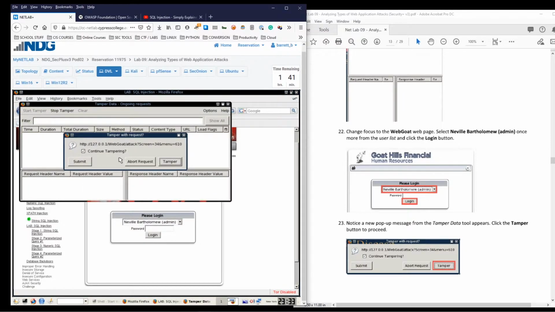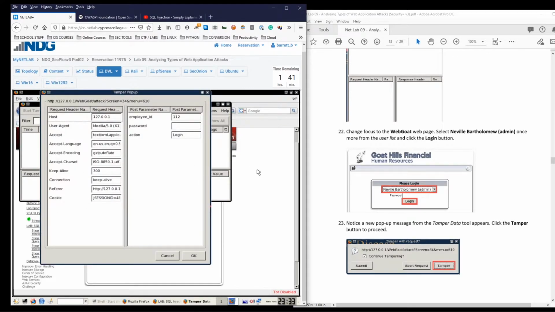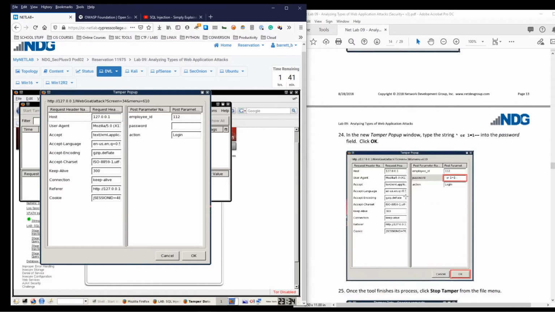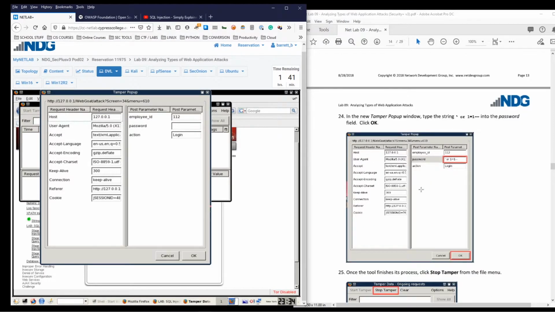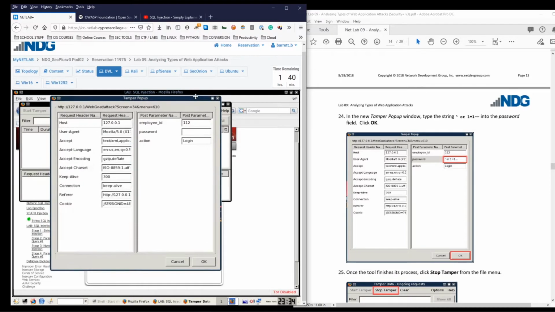And this is going to pop up. Yes, let's continue tampering. Let's say tamper. And so this is where the term interception proxy comes into play, because we essentially intercepted this request. The moment we hit the login button, we sent an HTTP request to the web server. In this case, it's local, but normally, let's say you're trying to log into Gmail, you'd be sending an HTTP request to Gmail, but we intercepted it before it can go any further,